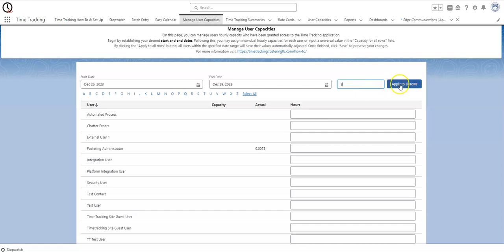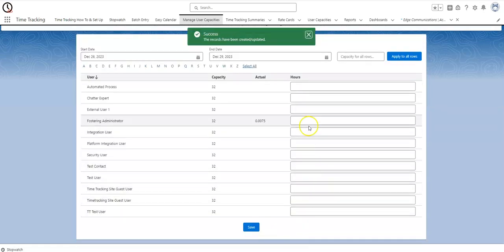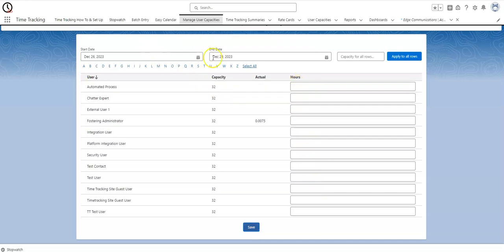full 8 hours. So I'm going to hit Apply to All Rows. I'll put 8 in there, hit Apply to All Rows, and hit Save. When I hit save, you'll see that 8 hours got carried over, and for this date range, 8 times the 4 days, equals 32. So the capacity is set there for those users, and you can see that fostering admin